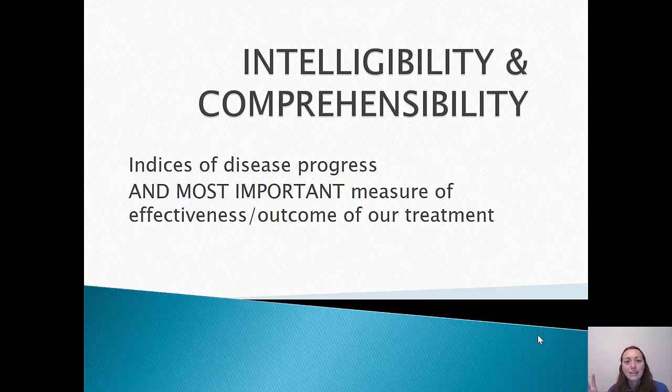So I know that's common sense, but some of the best markers of progress in intervention are going to be intelligibility and comprehensibility. So every session in therapy, are we checking intelligibility? Of course not. Part of our assessment, we're going to get a measure of intelligibility, which we're talking about now. We'll get an idea of the level and scope of comprehensibility. I'll give you a definition in a few minutes. And then as we're going through interventions in therapy, every so often we're going to get a measure of intelligibility with context and understanding some of those communication strategies through comprehensibility,